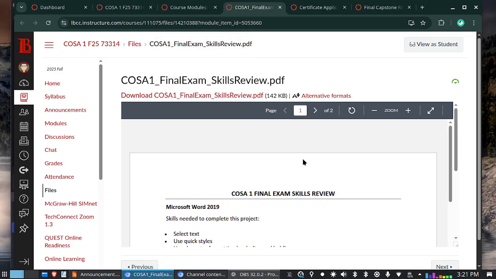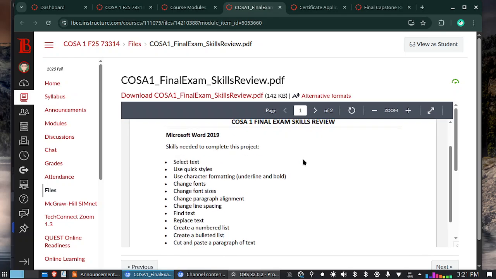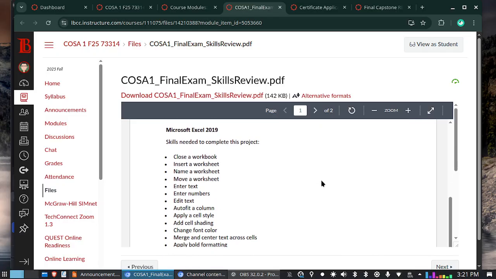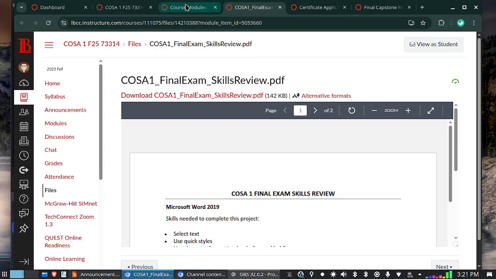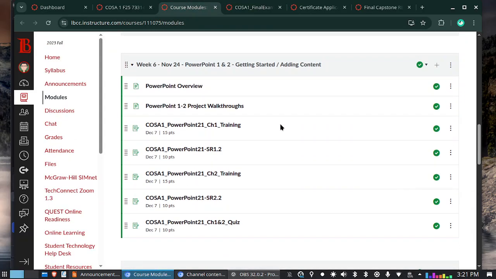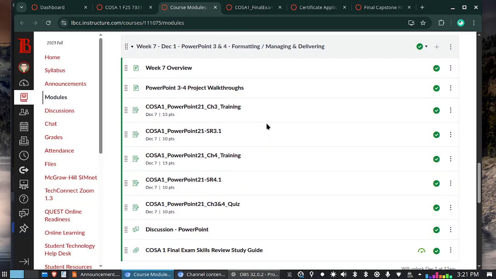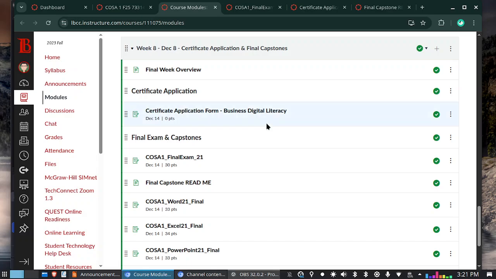But if you don't remember much about Word, go back and study these concepts. And then here are the concepts for Excel that you need to study for. And hopefully with PowerPoint, it will still be fresh in your mind. And by the way, going back to this week with PowerPoint chapters 1 and 2, hopefully most of what you see is review from before in Word and Excel, and it shouldn't take you a whole lot of time to get through these assignments. All right, let's talk about week 8.